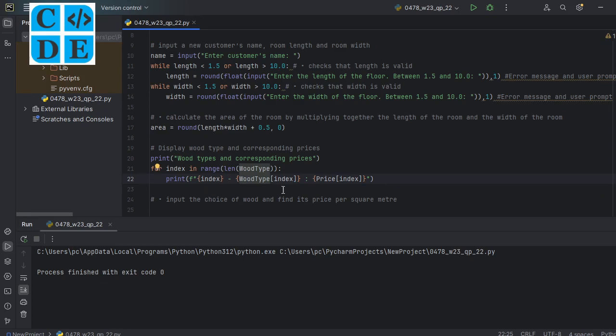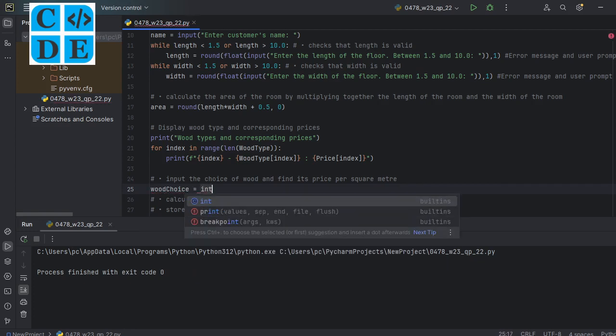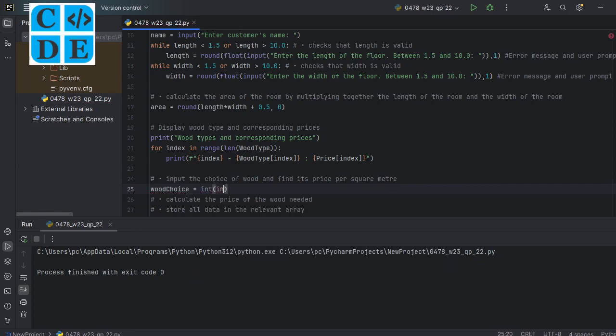So I think that sorts out the display. Okay, so the next thing now, we need to take the input, the choice of wood. So we can call it wood choice. Wood choice equals, it's an integer, so input, enter wood choice,